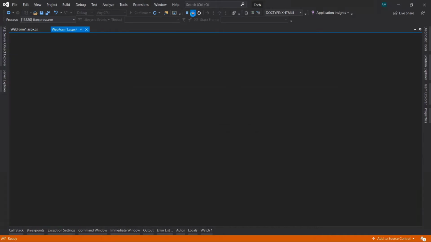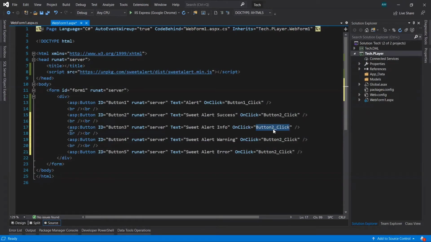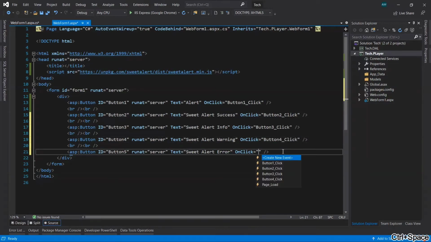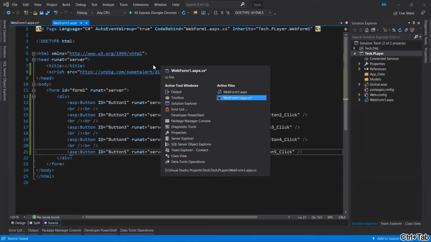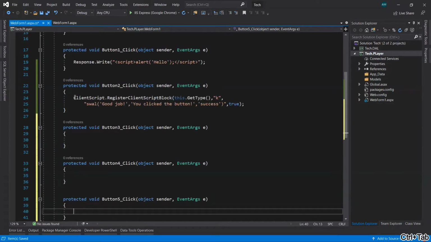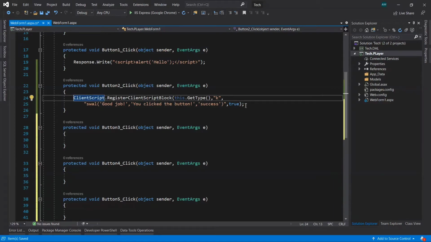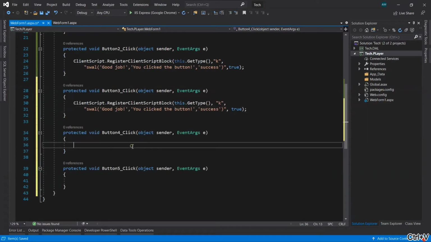Now let's stop it. Let's create the button click event for this, the third button, then the fourth one, the fifth one. Save it. Now here let's copy this code, paste it here.